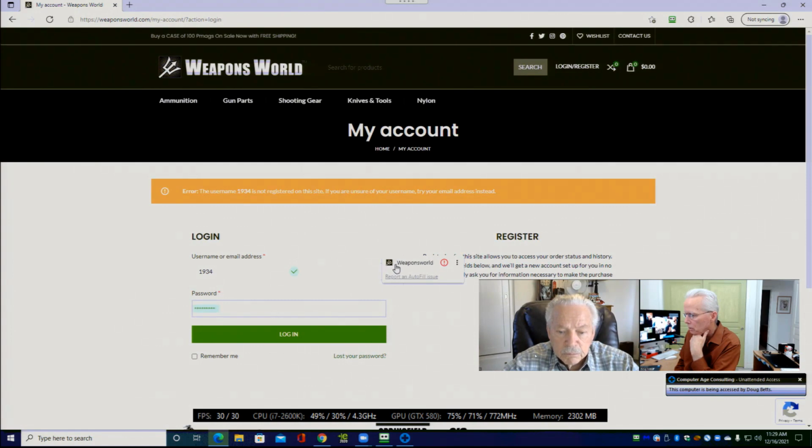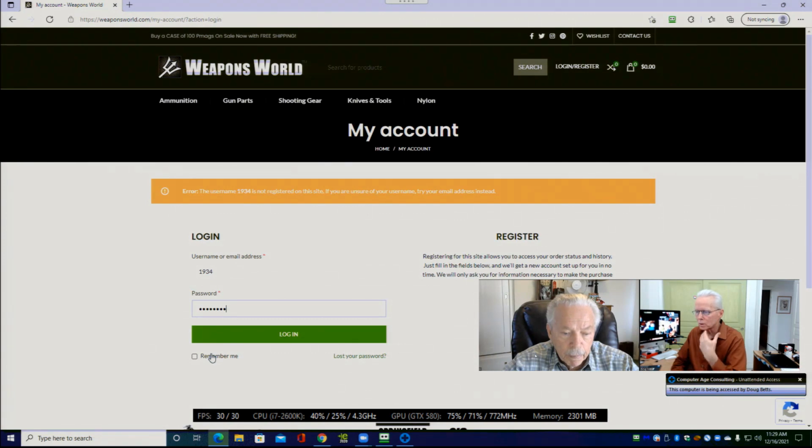So that was odd. I'm going to click this 3-dot menu and ask it to fill. There it puts the password in again. Click down here for login. We could do remember me so that next time you come to this site on this computer, it'll probably just remember your username, but you still have to put in your password. That's typically how that works.